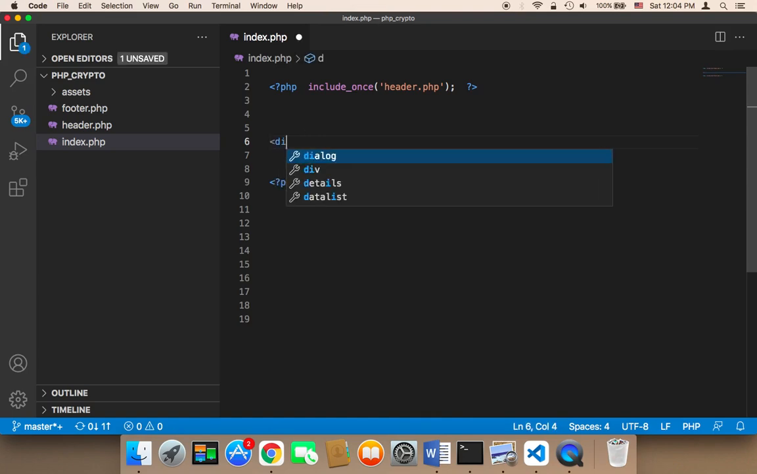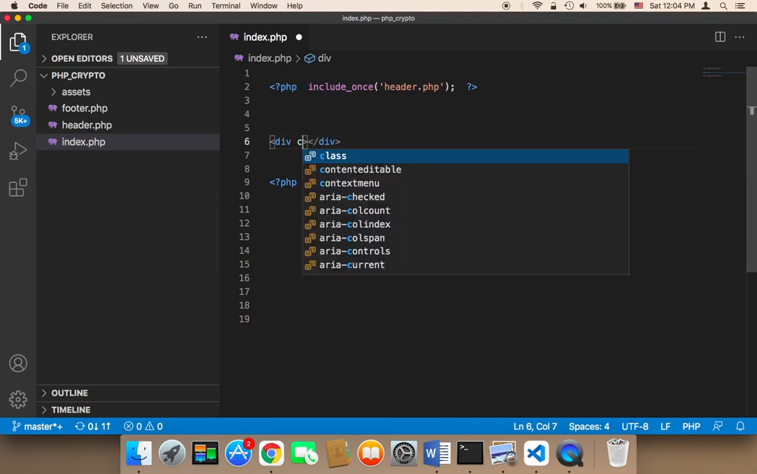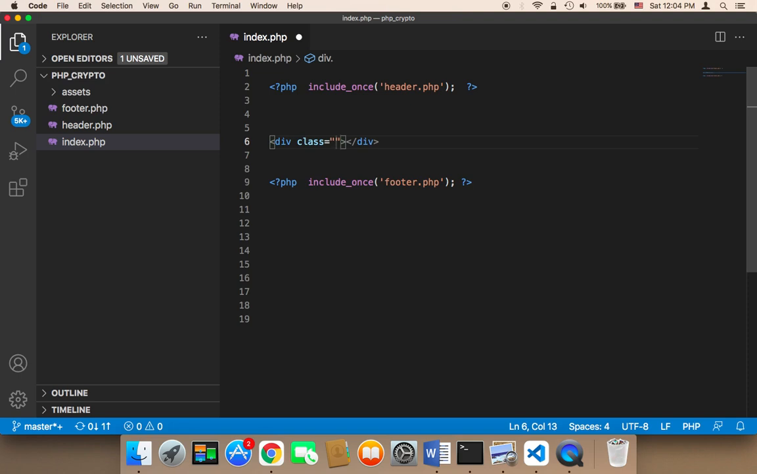I'm going to first create a div, and in that div I'm going to first give it a class called container LG, and I'm going to also give it a class called main. And inside that I'm going to first display h2 here,